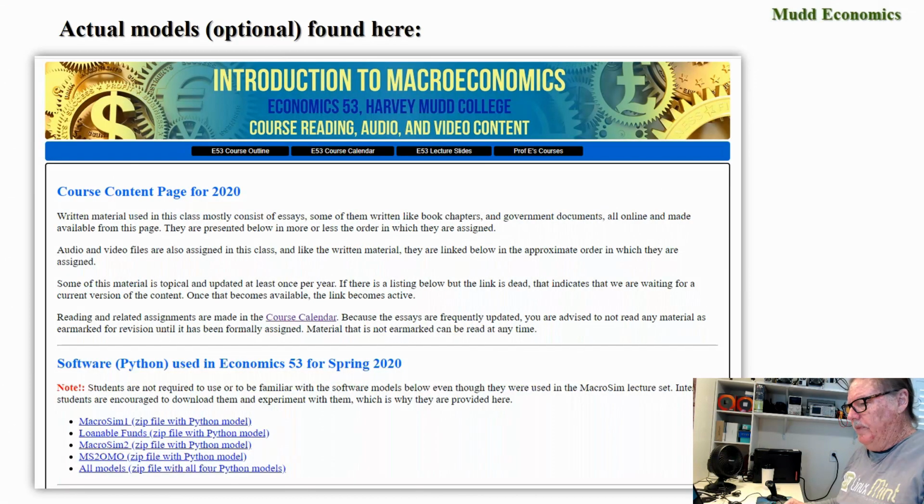Now, the actual models are there for you to use. I don't require it in Econ 53. I've thought about doing that, but because we have some off-campus students and because we have some freshmen who may not yet be very familiar with Python, I've decided to not have you use the models as a homework requirement. So you can get through all of this lecture without ever downloading the models or looking at them,